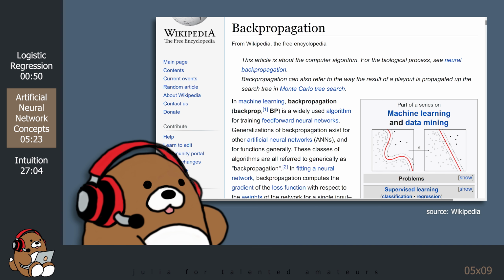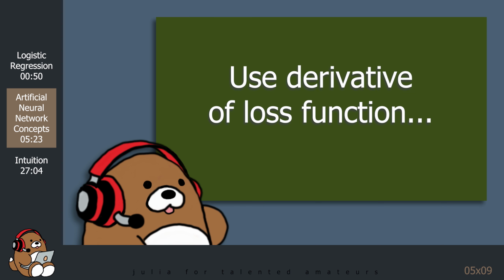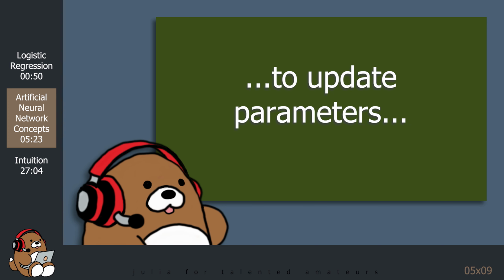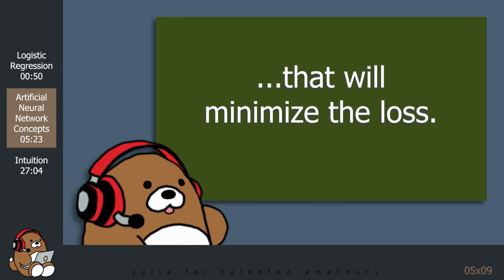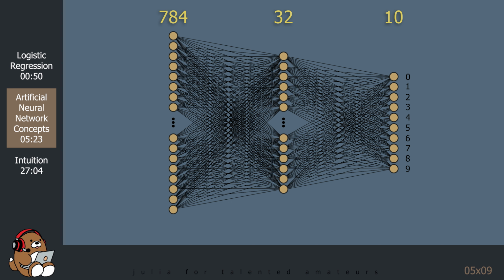At a very high level, it's doing the same thing that we've done in the past. It's using calculus to take a derivative of the loss function in order to calculate both the direction and the magnitude of the updates required for the parameters in order to minimize the value of the loss function. The difference here is that the loss function for an artificial neural network has a very complex surface in multidimensional space, so it's impossible to visualize.